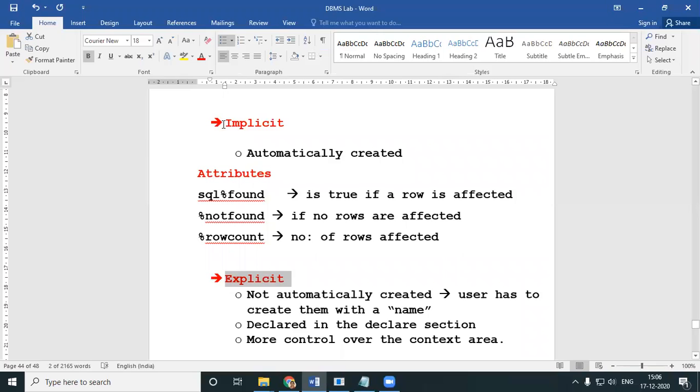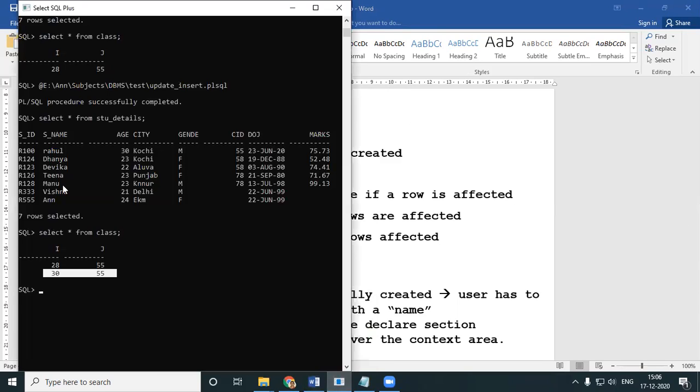We are done with implicit cursors, and we even saw a drawback of implicit cursors where we will not be able to write a query like select star from student details. You cannot have more than one row, or even something like select SID, S name where gender is equal to male.